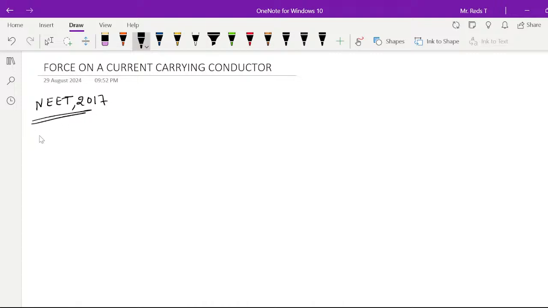The question is: an arrangement of three parallel straight wires